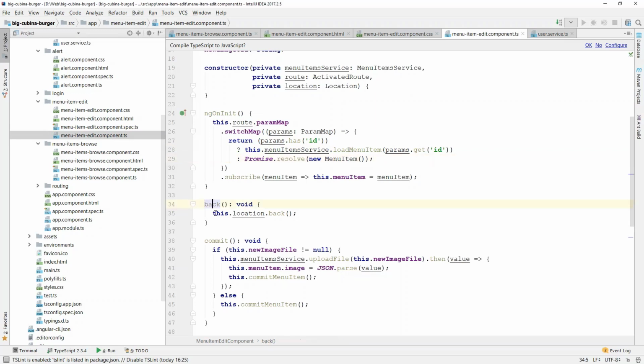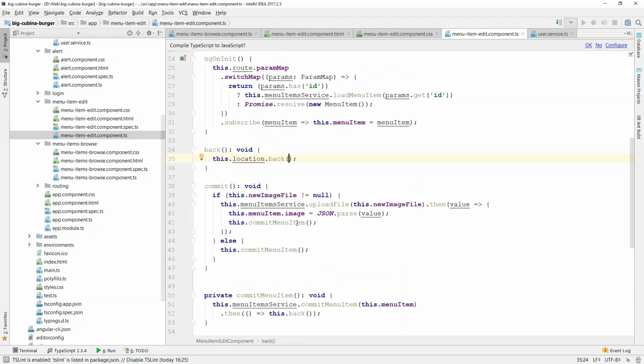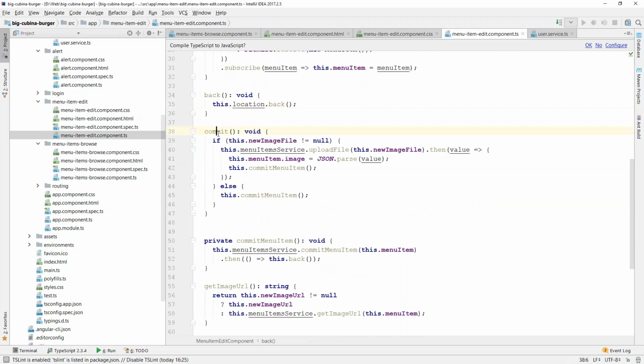If we click back, we just go back to the previous page, and if we click commit, we check if there is a new image file. So if the user uploaded a new image file, then we need to upload this file to the server. That is to say, to create a file descriptor for this file.